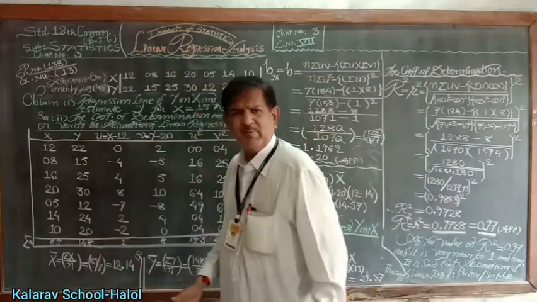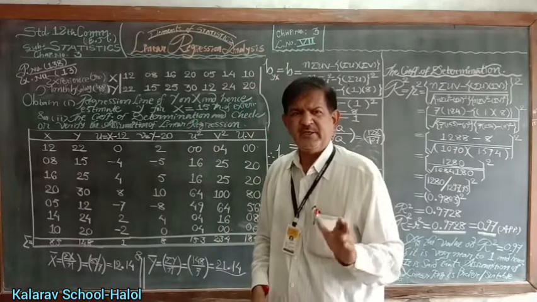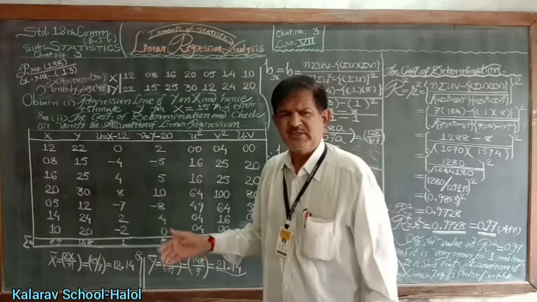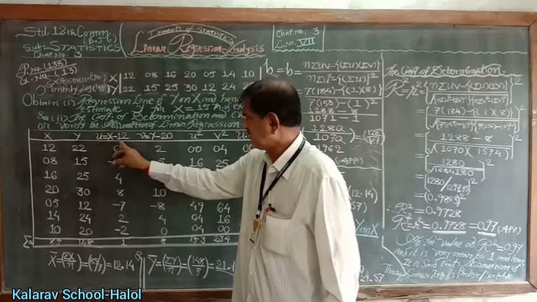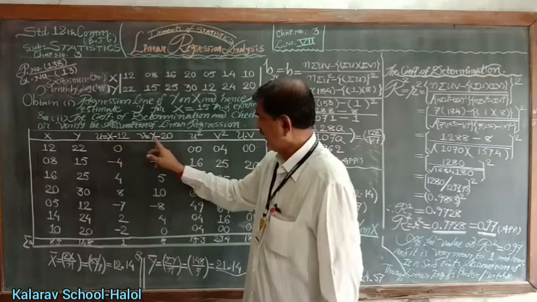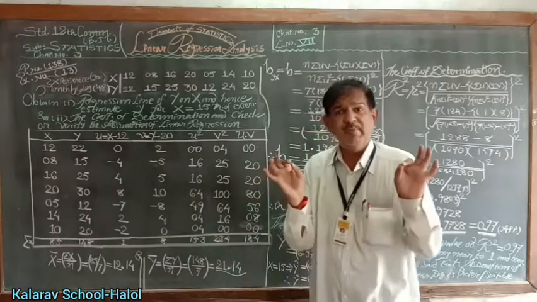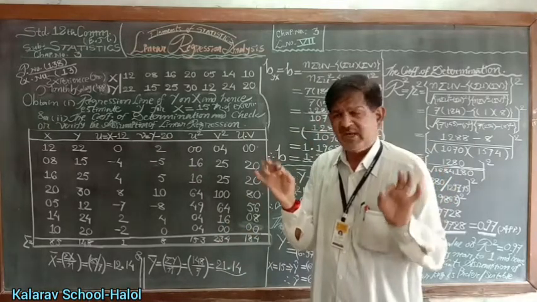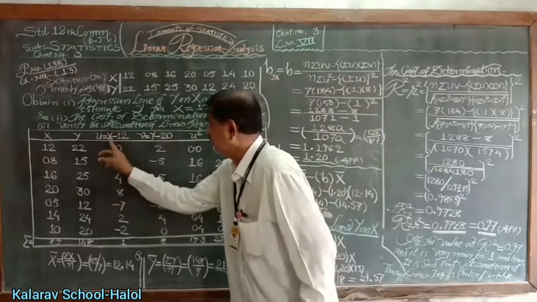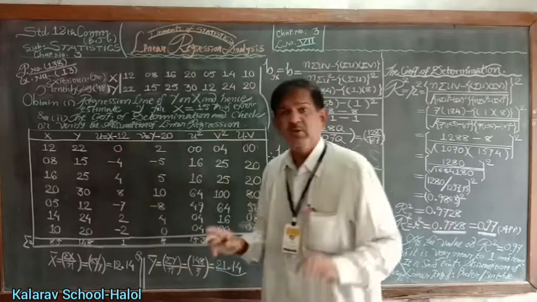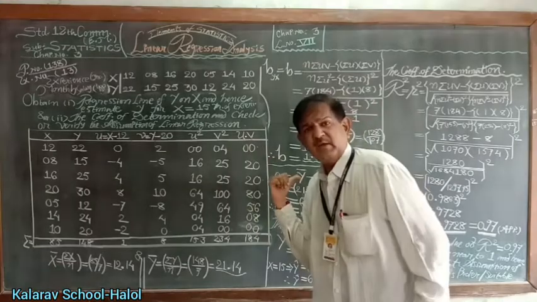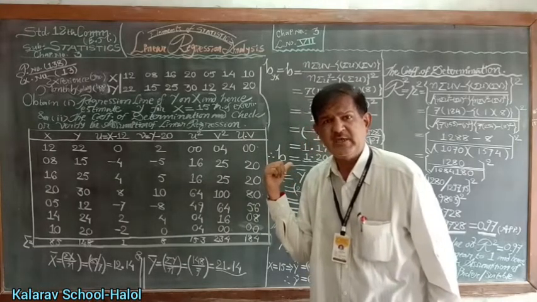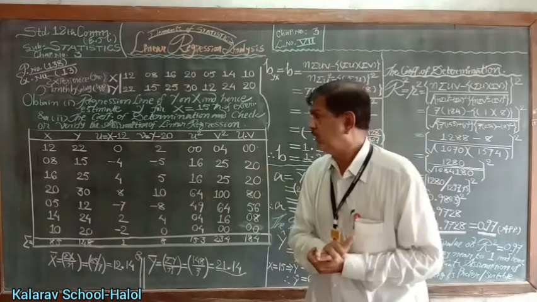Therefore, we generally use the u-v method, in which we only subtract, because these values are very small and there is no common factor such as 2 or 5 for the series x and y. So u means x minus 12 and v means y minus 20. You may select any value, not only 12; you may subtract 10 or 15. The final answer will remain the same.